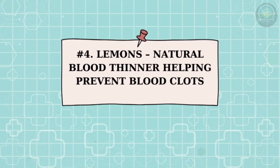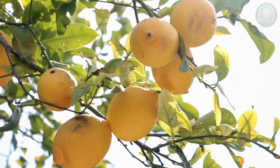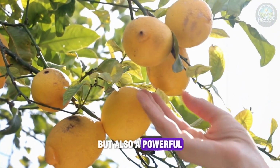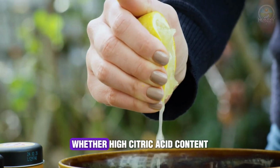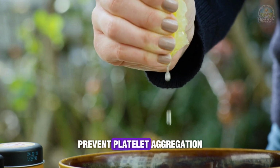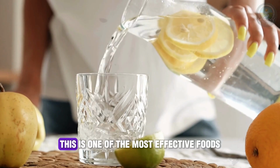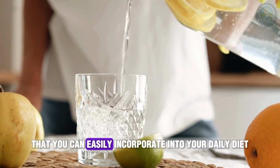Number 4. Lemons, natural blood thinner helping prevent blood clots. Lemons are not only a common fruit in cooking but also a powerful natural remedy for supporting cardiovascular health. With their high citric acid content, lemons help thin the blood, prevent platelet aggregation, and improve blood circulation. This is one of the most effective foods for reducing the risk of blood clots that you can easily incorporate